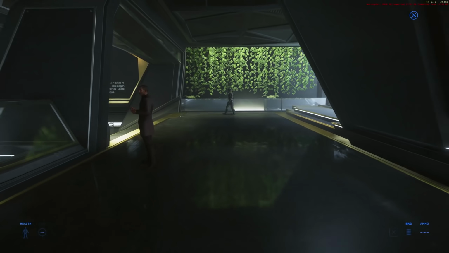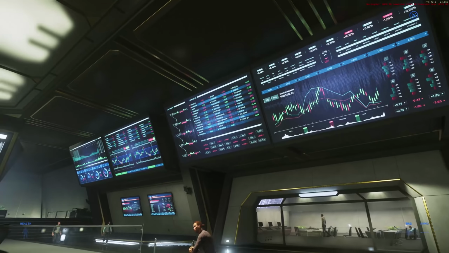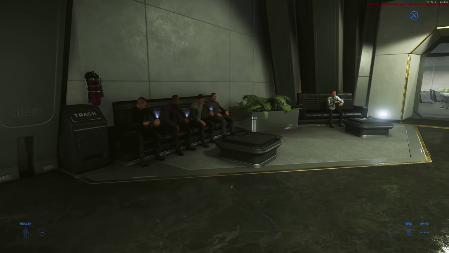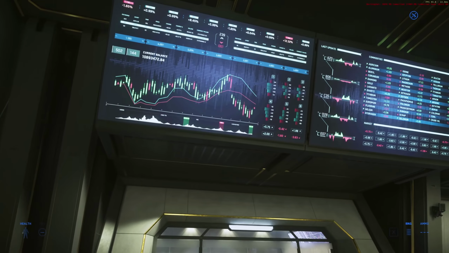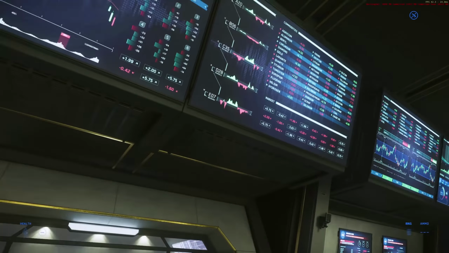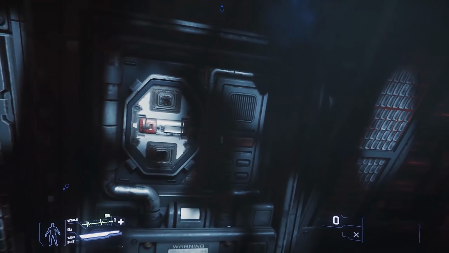So the patch still added Lorville's Central Business District, which is a large new area in Lorville, new mission givers, some ships, the Anvil Hawk, the 600i Touring, the Connie Emerald, and the Freelancer variants, the DUR, MIS, and MAX. Scanning saw more improvements as well. There were some cool new armors and weapons added, but the patch saw a lot of quality of life and